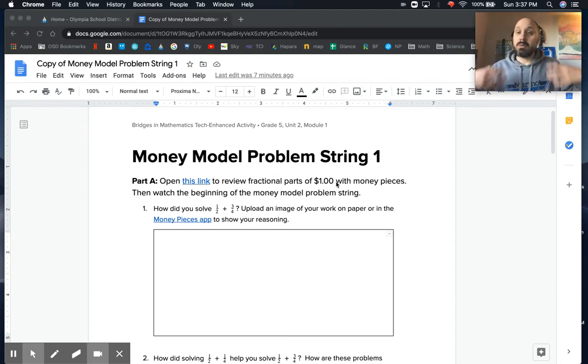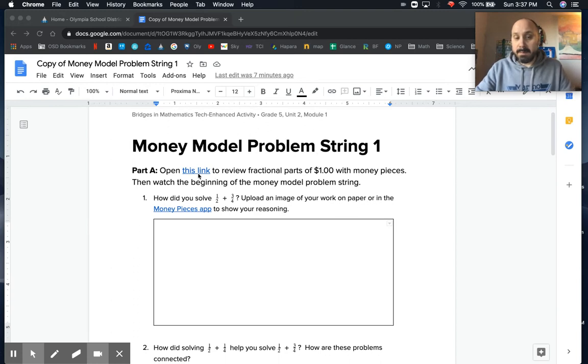Remember, we're trying to figure out how to add fractions with unlike or different denominators. So the first thing I want you to do in part A is use this link to review fractional parts of a dollar with money pieces. Then watch the beginning of the money model problem string. You're going to be pulling out this dollar. You might want two of them. It comes with, I think, $4. So grab at least two of these if you're using the resources from the box, and then click this link,